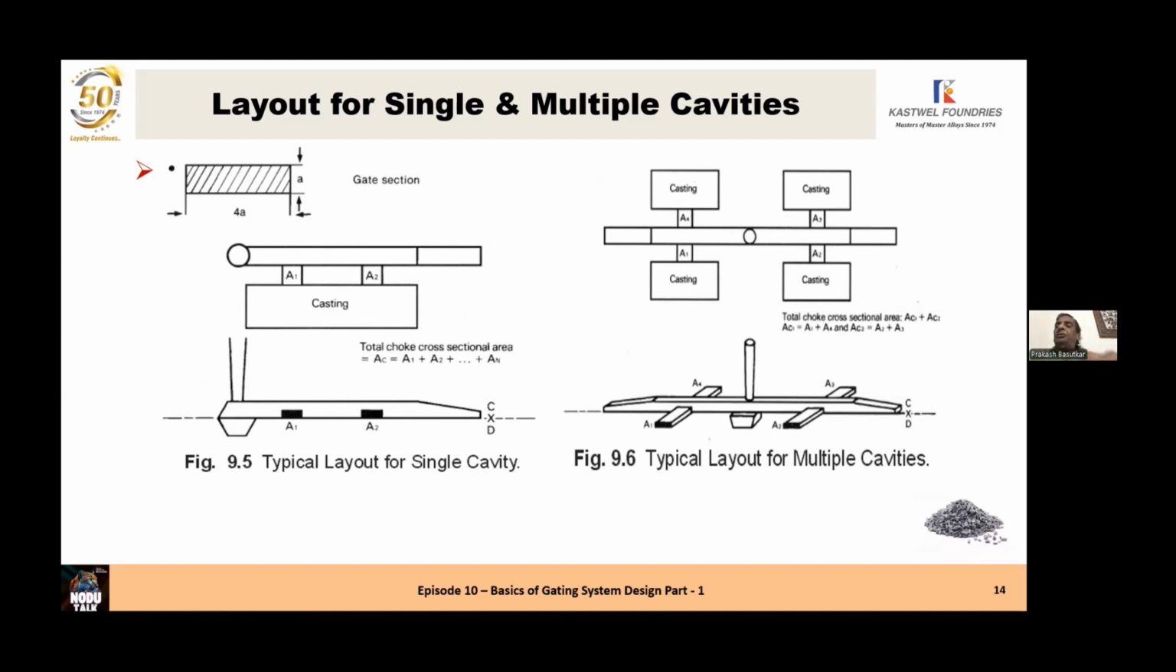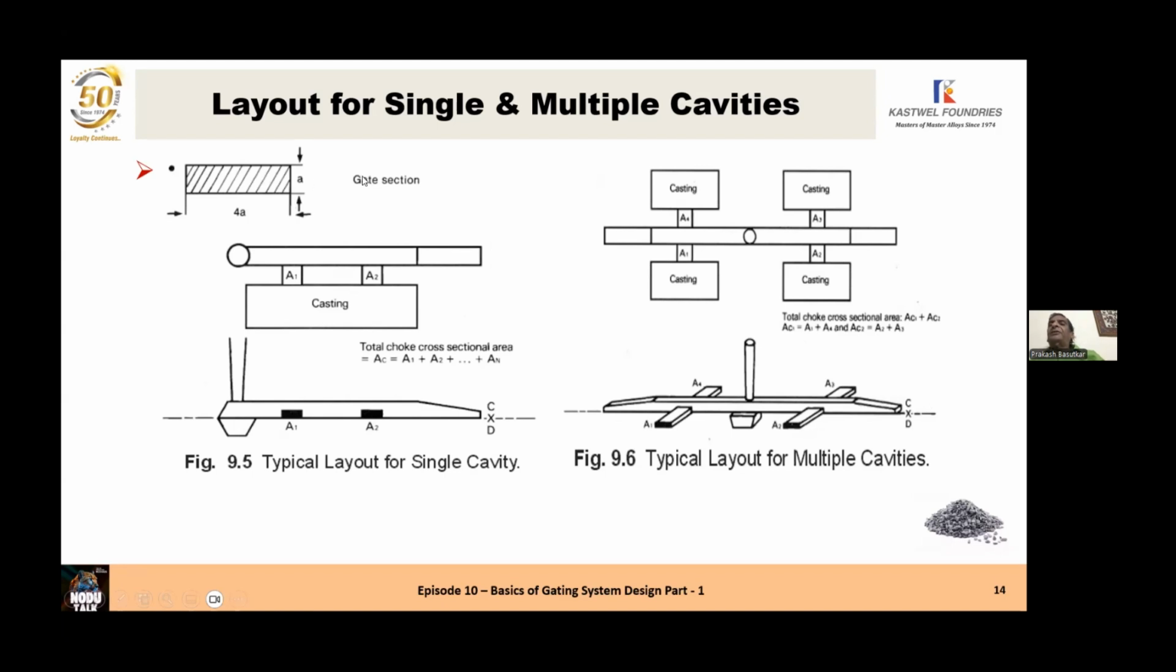Now, to find out the choke, we said in this system, the choke is at the ingates. So the chokes are A1 and A2. Okay, so the choke in this gating system is A1 plus A2. Now you just go on the top. I've given you the design of the gate